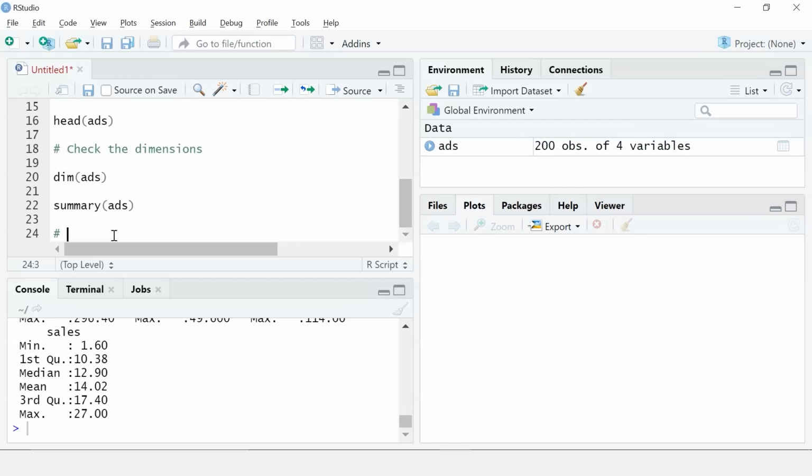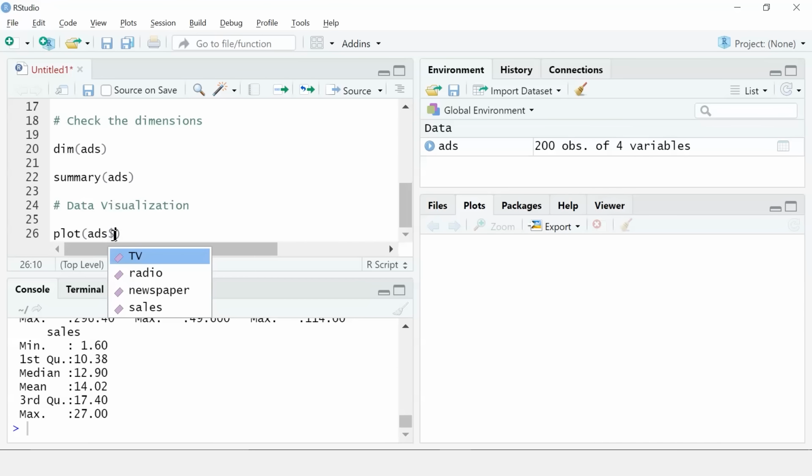So I'll give a comment, data visualization. First, I'll use the plot function, and then in x-axis, using the dollar symbol, I'll give sales. Then in the y-axis, I'll give my independent variable.